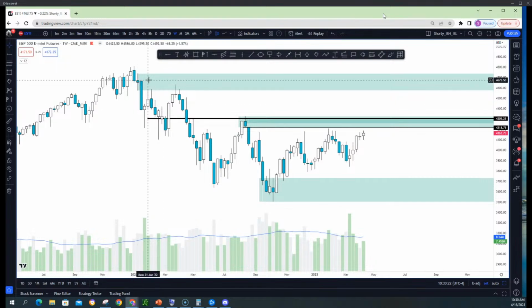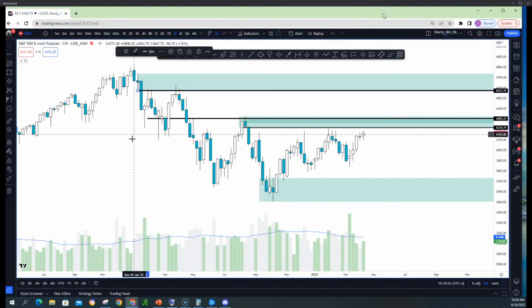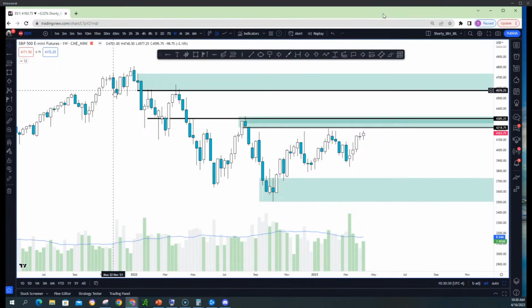Right into that supply where this guy sold off. And I don't know who was speaking, but this was your order block at this level that broke this consolidation here. You see that? And then of course they made lower highs, lower lows. Here they changed the character a little bit on the weekly, right? They put in a higher high, but they rejected right there.